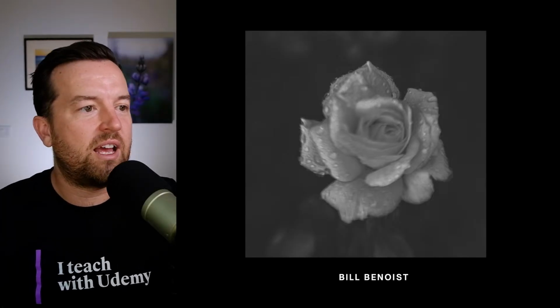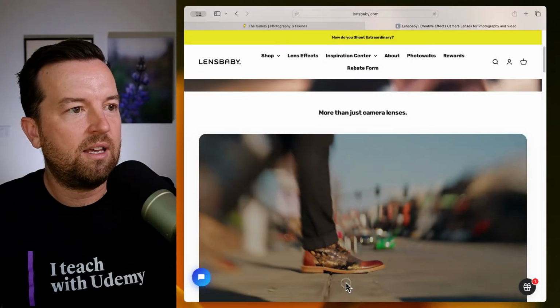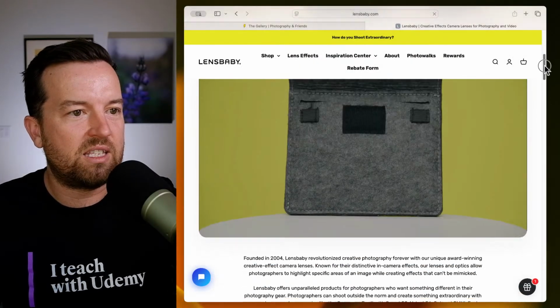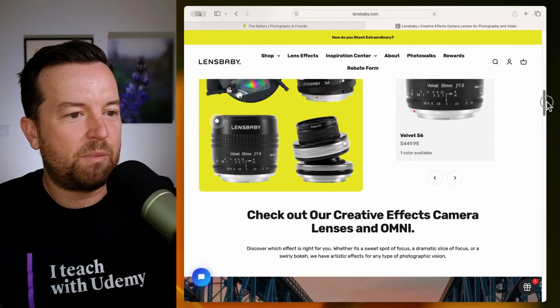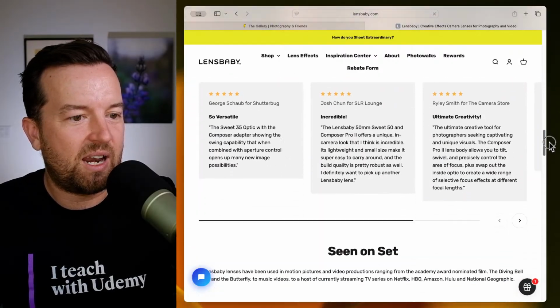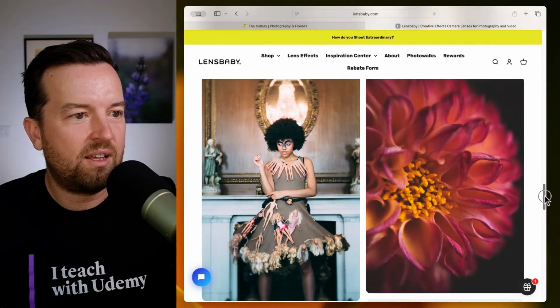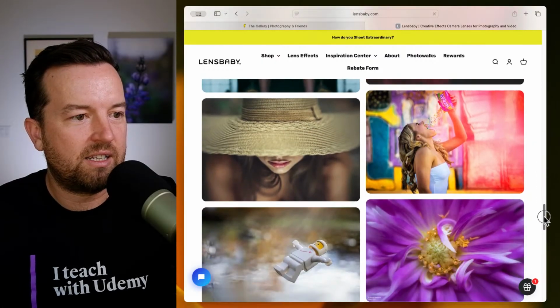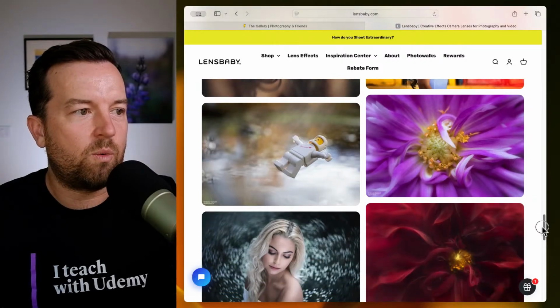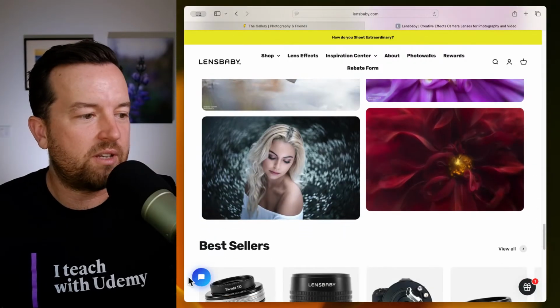I have never used the Lensbaby lens, but that's one of those ones that has some creative effects. Let me show you what this looks like. I was pretty close to giving it a 2-star, but I think because you were being creative with a Lensbaby lens, I'm gonna give it a 3-star because it is kind of cool. Lensbaby. Yeah, this is cool. It's got these tilt shift effects. Very cool. I kind of wish the center was still in focus compared to the outside of the photo.